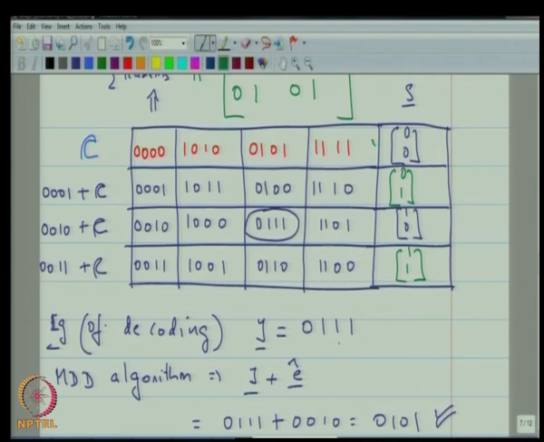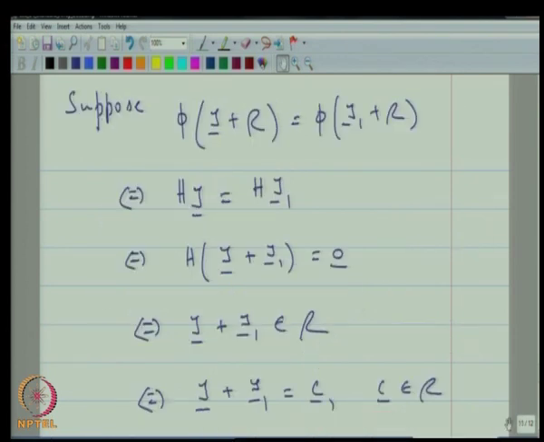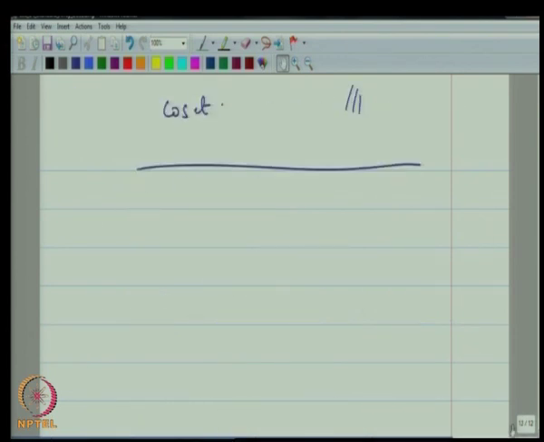Now I am going to view this as syndrome decoding, which means that given 0 1 1 1, our first step is to compute the syndrome, which is 1 0. Then we use the syndrome to look up the corresponding coset leader, which is 0 0 1 0. Then we add that back to the received vector to get the decoded code word. Okay. So, we have already seen an example of this,